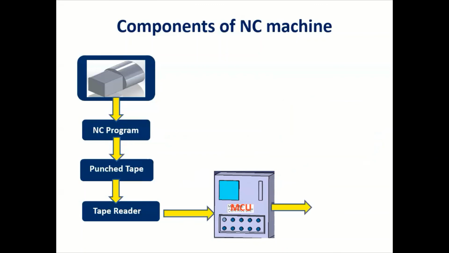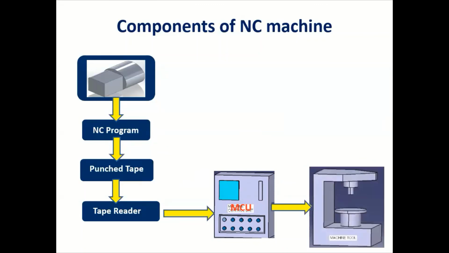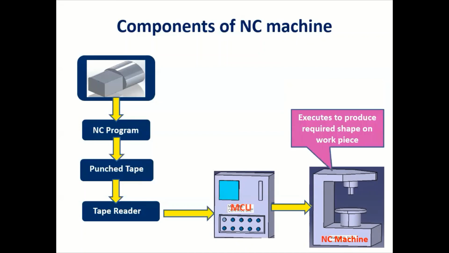Then, whatever signals are there, we transfer them to the machine. The NC machine starts to respond to the electrical signals from the controller, and according to those signals, the machine will execute and produce the job. So basically, we write the program with respect to the part program, and according to that, the job will be manufactured. This is all about the